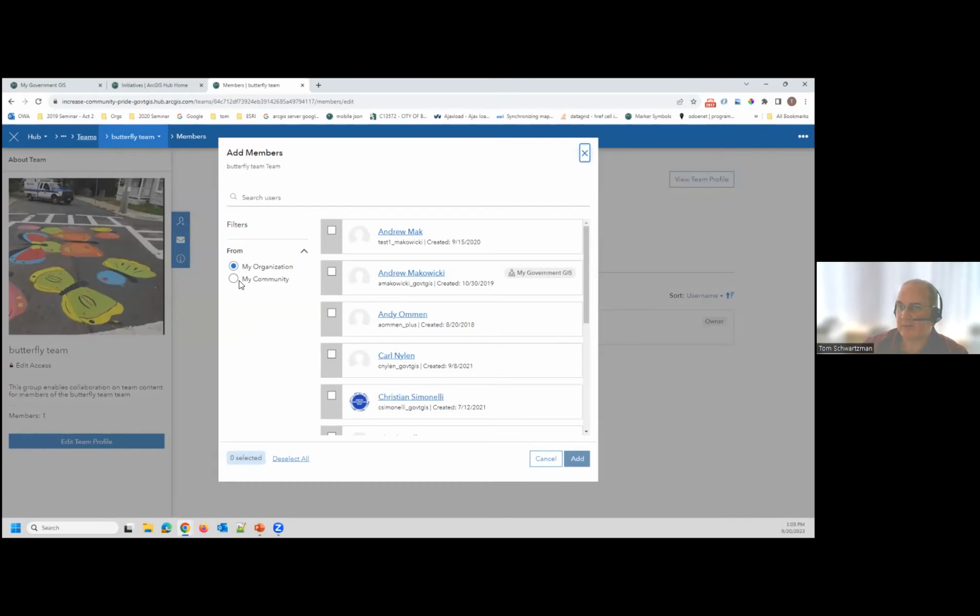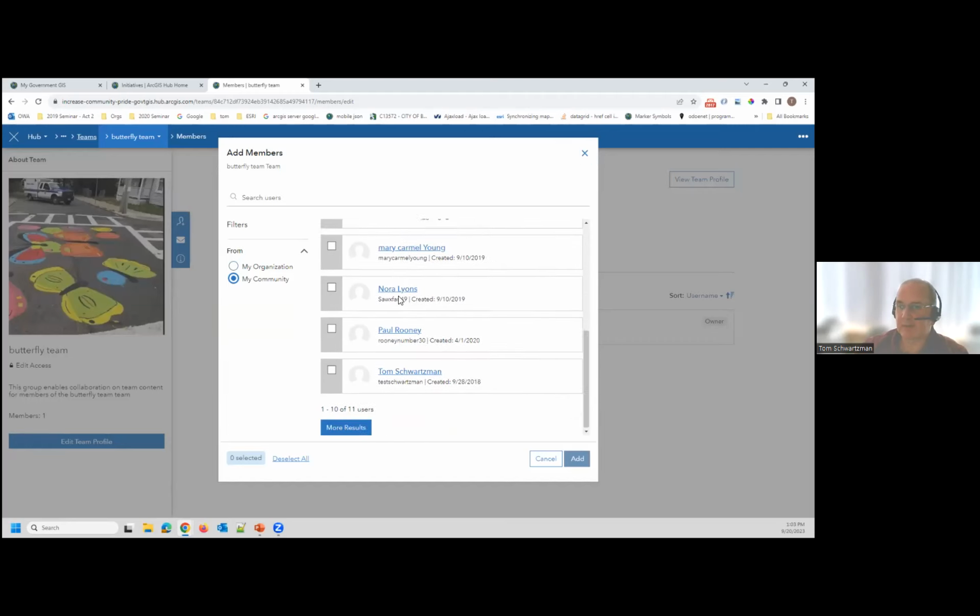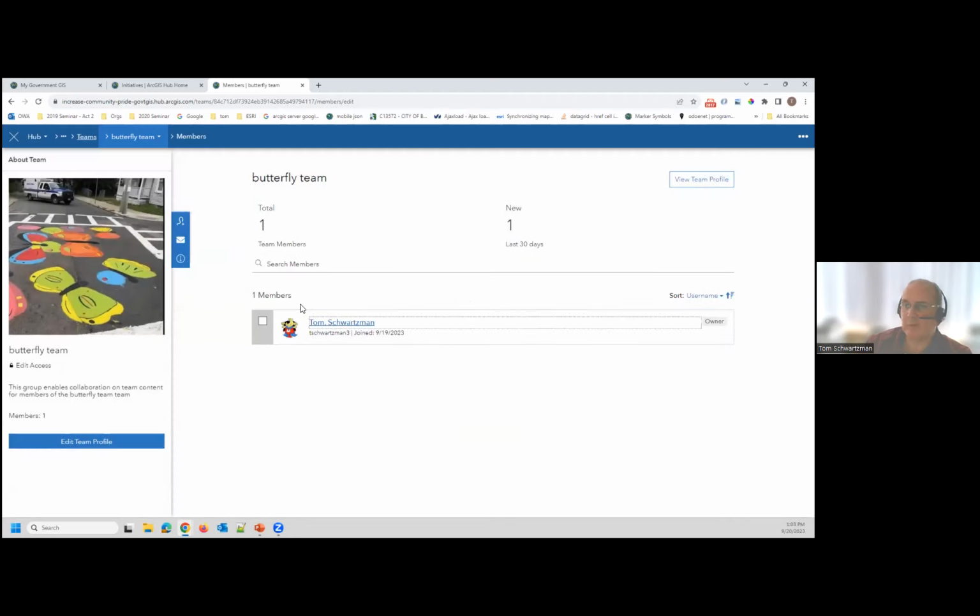So let's go back here. And now you see I have this option for people in my community, right? So not only can I add people who are in my ArcGIS Online org, like my colleagues, but I can add other community members, people who maybe have created an account from outside my org, and I don't want to give them an account in my main ArcGIS Online org. So I can add these people as members of this team. And then once they're members, I can go to some part of my initiative, like a page, and say, these members have access to edit this page.